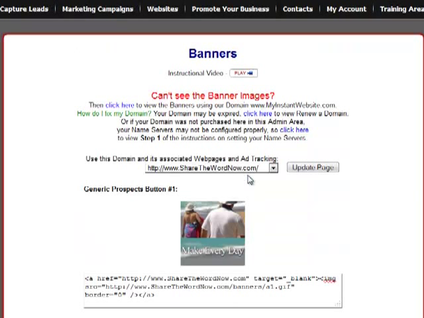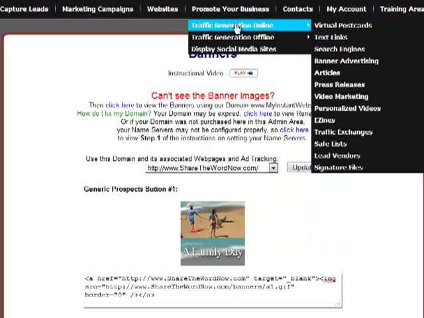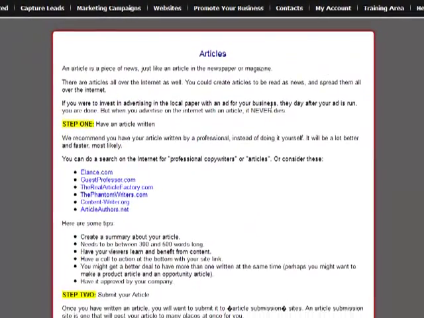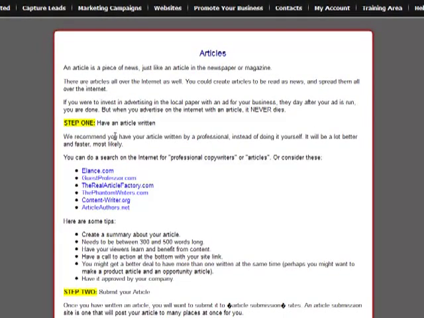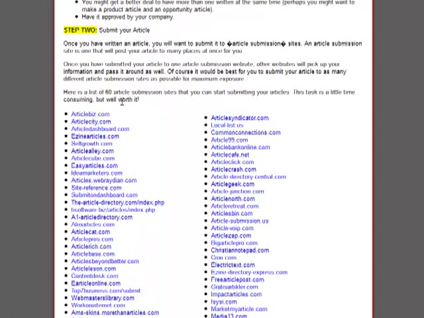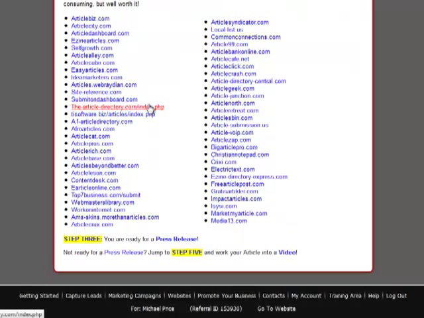All right, the next thing that we're going to go to for marketing online is article marketing. Over here under article marketing, we go into different steps. So number one, what you'll want to do is have an article written, and you literally can have them written for maybe $5–10. So we give you different places to go. We tell you step 2 what to do, where do you submit your article. We have over 60 different places you can submit your article,